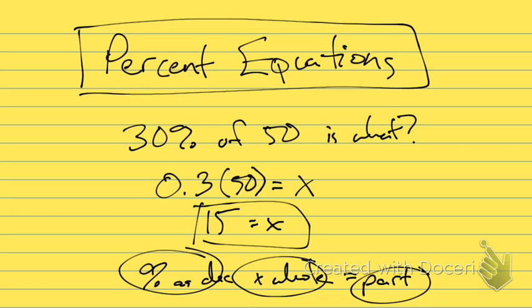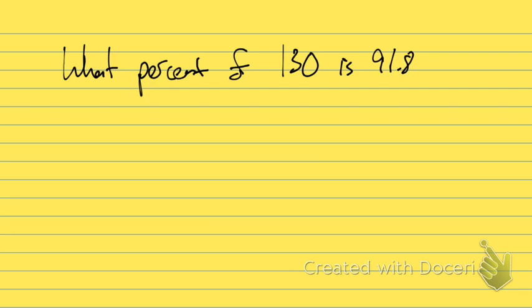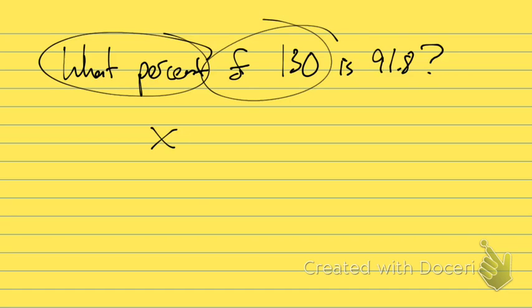Now, I'm also going to show you don't need to memorize this equation because the words for your percent problems are the equation. I'll show you what I mean. So if we're looking at something like, what percent of 130 is 91.8? This is an equation. So follow me. This part, what percent? If I don't know it, what is it in the equation? X. Of 130, times 130, is, equals